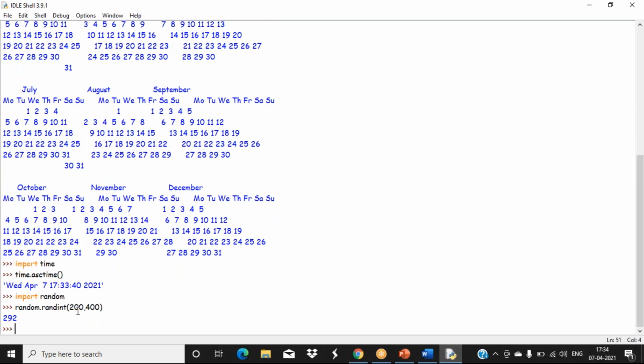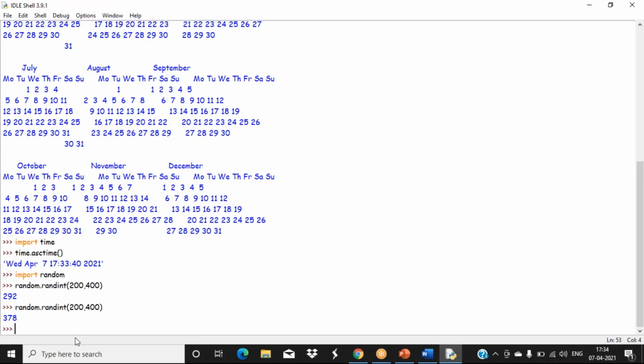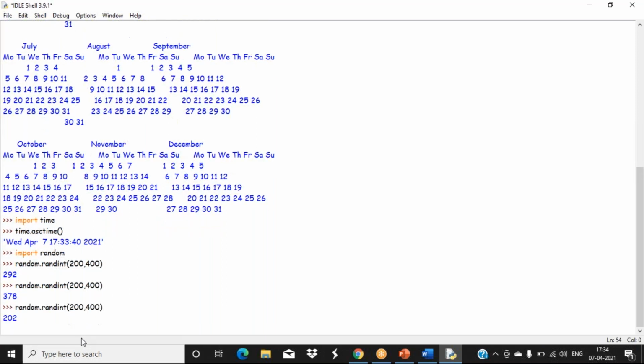I have given a range of 200 and 400, and it generated a random number 292. Use that one again, now it is another number. If I use it again, another number. Like that we can create random numbers using this random module. So for randint, we have to specify some range there.